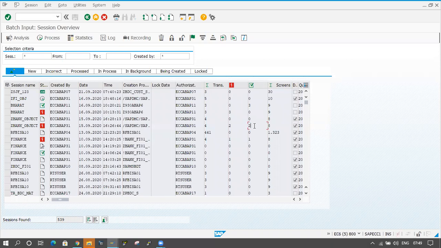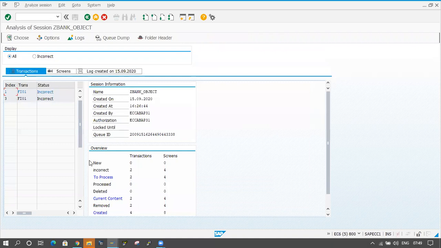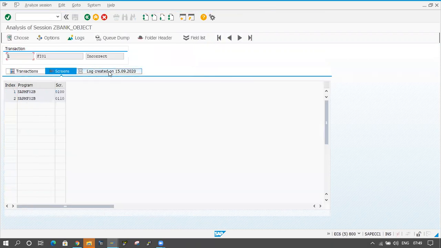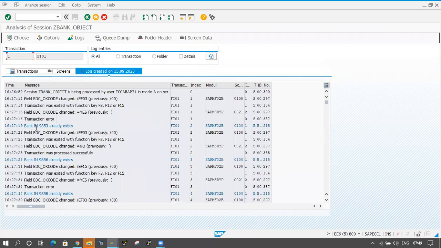I want to get to know where the error is coming from. Now I will double click on this 2 here. You can see something, bank key 9853 already exists.